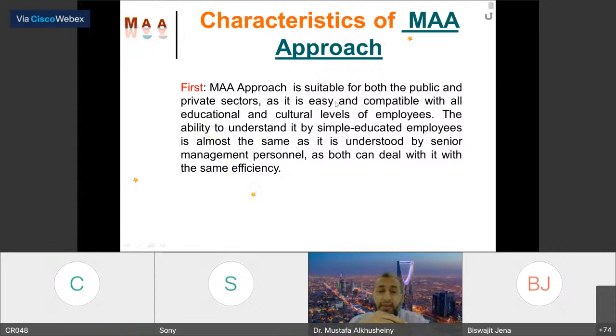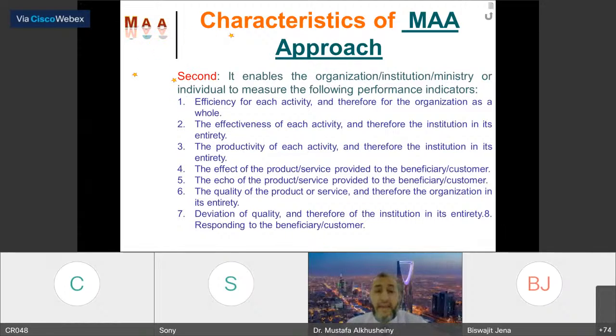The ability to understand it by simple educated employees is almost the same as it is understood by senior management personnel, as both can deal with it with the same efficiency. It enables the organization or the individual to measure the following performance indicators. And this is unique among competing